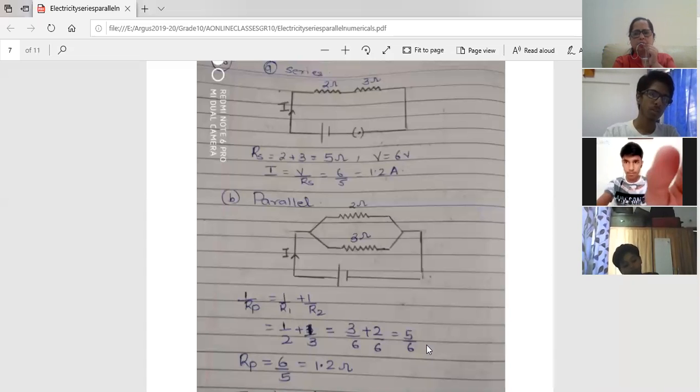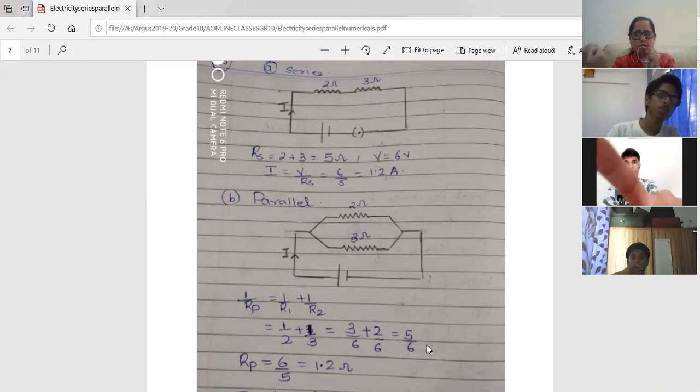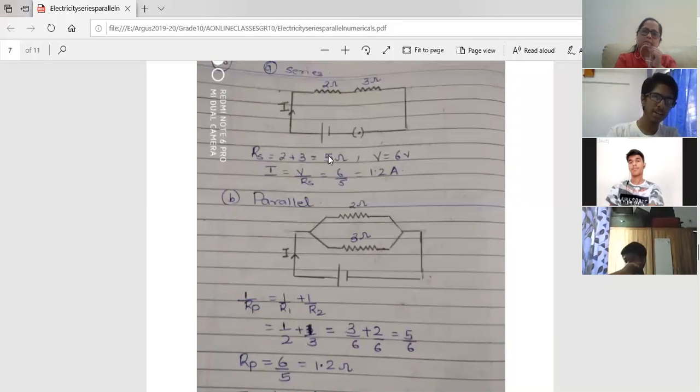Yes, Aditya? Any question? In part B, I did not draw the key or the battery. I just drew the main circuit. Is that fine? Yes, it's okay. But if they have asked you to draw the circuit, then that is not an I, it is a key. A closed key. No, I'm talking about part B. I only made the parallel circuit. I did not make the resistance or battery. Fine.